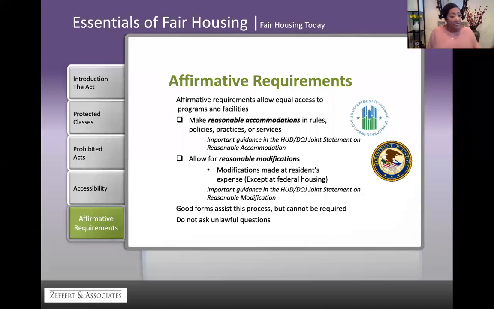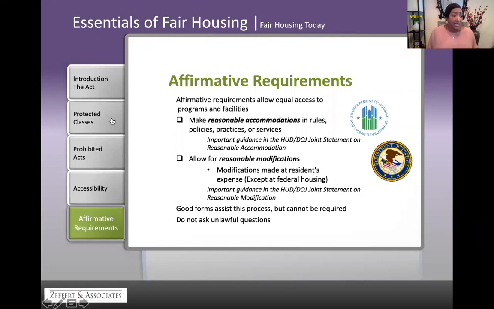All right, everybody. So turn now, please, to page number 11, because we have taken quite an in-depth walk through each of the 7 federal protected classes. We've talked about those prohibited acts. We've discussed the roles of our maintenance teams. The other category under the Fair Housing Act is affirmative requirements. And those affirmative requirements, I mentioned earlier, speak to reasonable accommodation and reasonable modification.